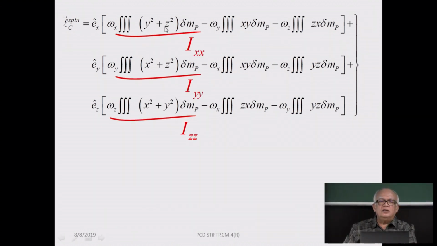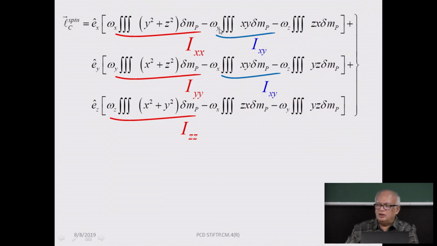So these integrals are quadratic, but they do not have anything in x. So this is labeled as Ixx, this as Iyy, and this is Izz. And then of course there is some symmetry between these two terms. They turn out to be similar, but